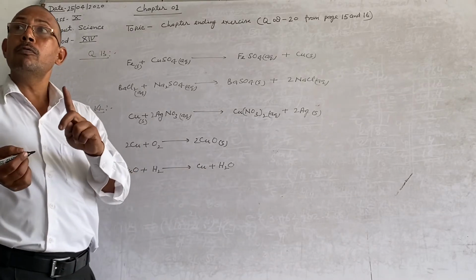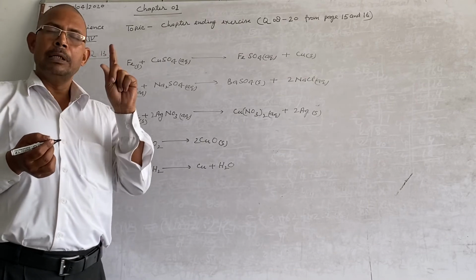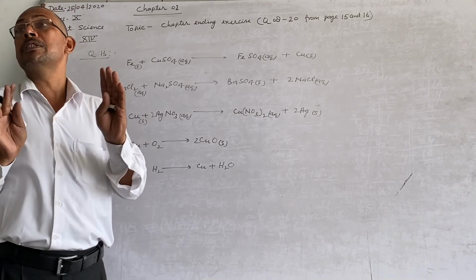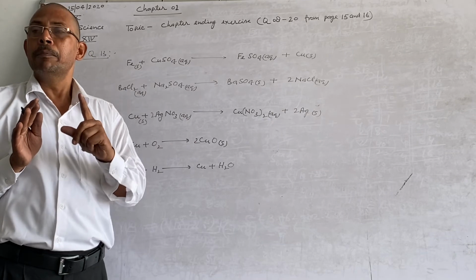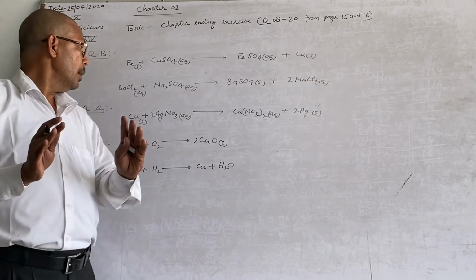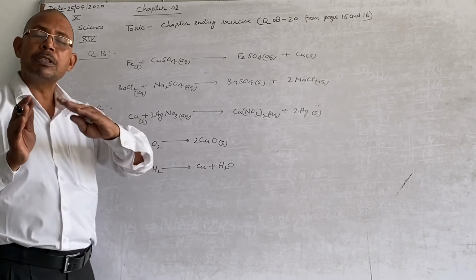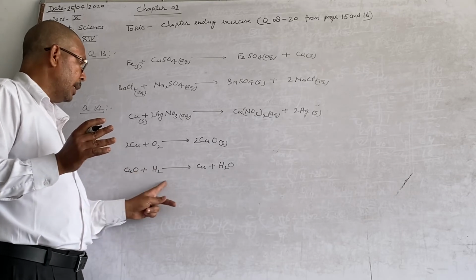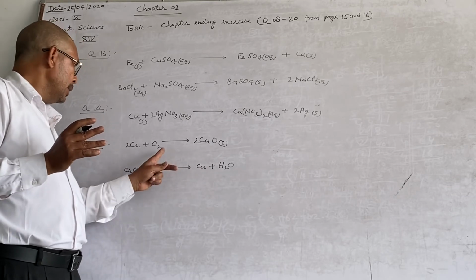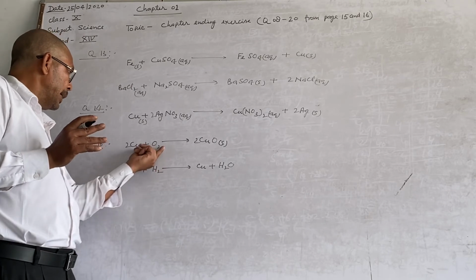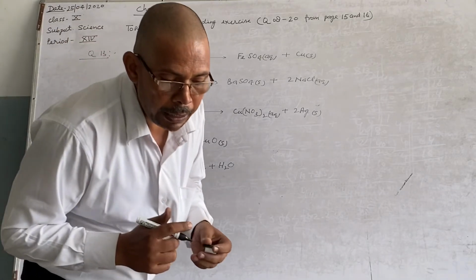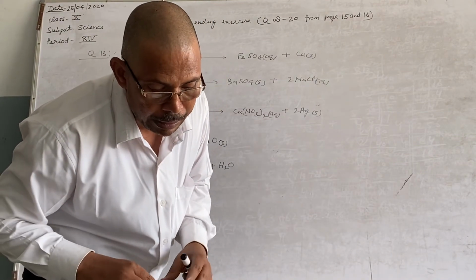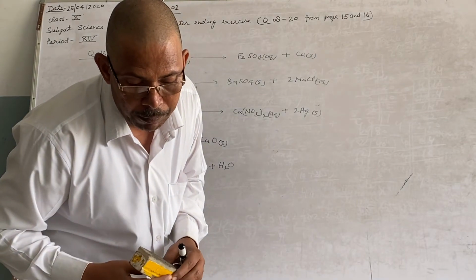Although I have told you while explaining oxidation and reduction that they are simultaneous reactions, there is no independent existence of either oxidation or reduction. But if you want to separate them, you may write that here copper undergoes oxidation and copper oxide undergoes reduction, with loss of oxygen from copper oxide and oxygen added to the copper. And the next one: a shiny brown colored element X on heating in air becomes black in color. Name the element X and the black colored compound formed.